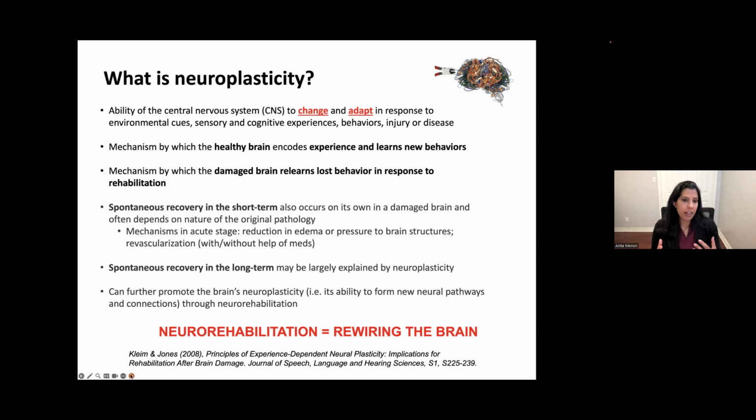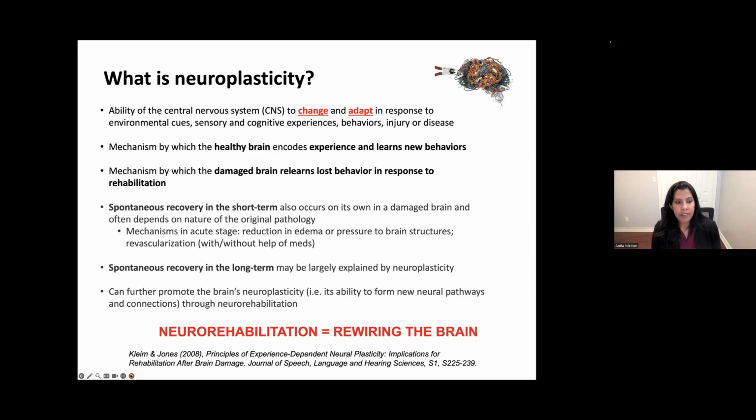This is a mechanism that the healthy brain has to code any experiences that it has during its lifetime and to learn new behaviors. But it's also the same mechanism that the brain has to relearn lost behaviors in response to any kind of rehab that's been offered to the client,